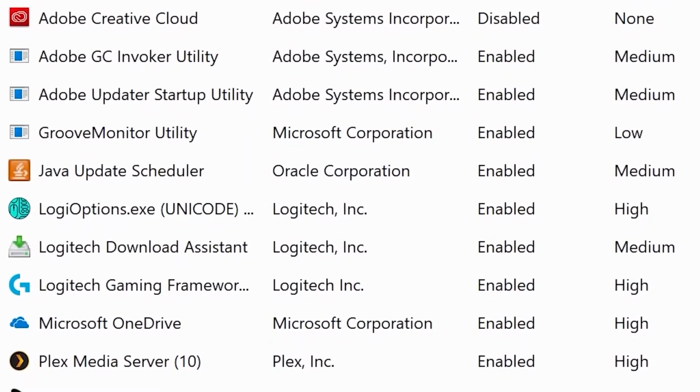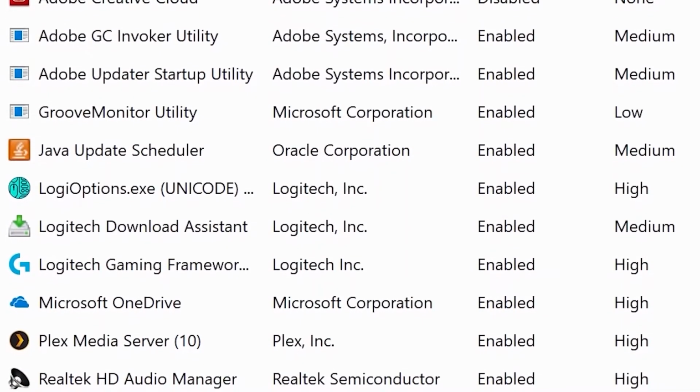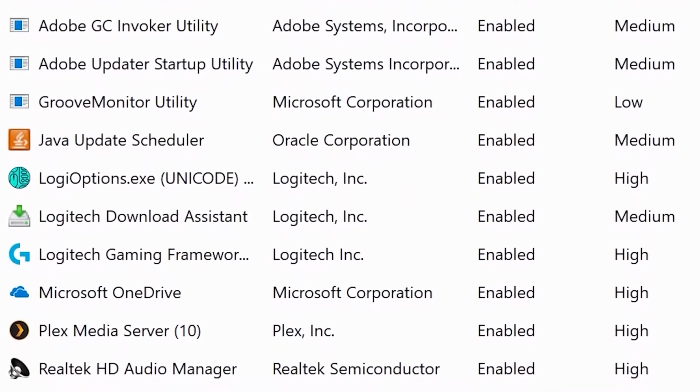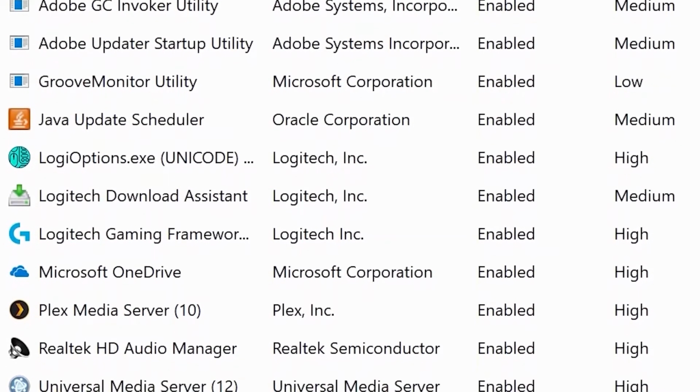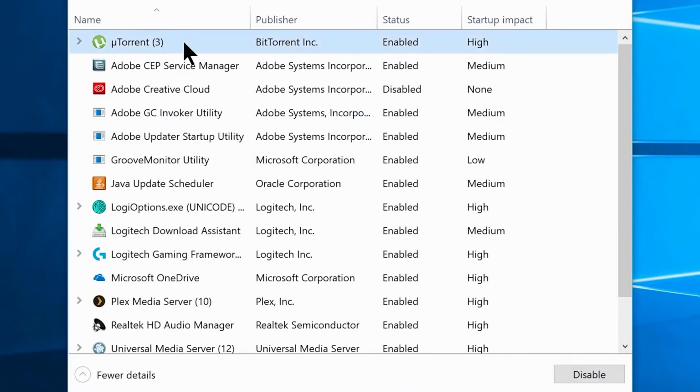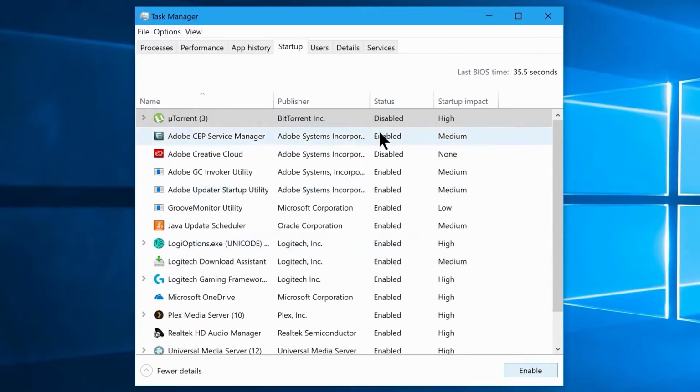Because once it starts up when your system starts, it will stay running in the background forever until you shut down your computer manually. So let's go and disable every unwanted program from starting up automatically when your system boots. Simply go ahead and select a program, then click on Disable button, which will disable the program from automatic startup while Windows boots. It seems we have a bunch of them here, so let's go ahead and disable them one